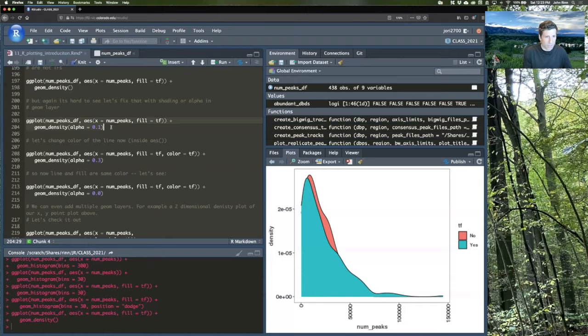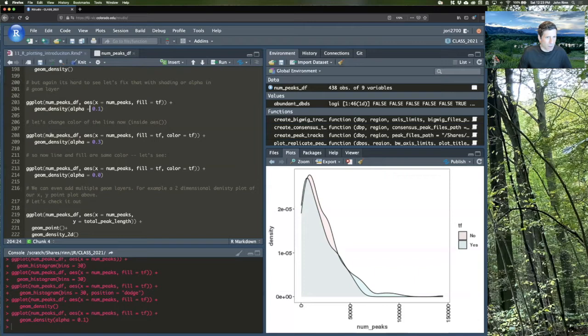Whereas right now it's defaulted at 1. And okay, so we can see a little better between there, but the two black lines are kind of confusing now and you can't really tell the colors as well. So let's change the color of these lines, whether they're a TF or not as well,